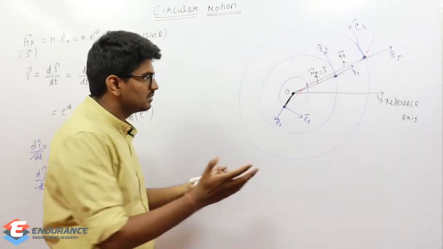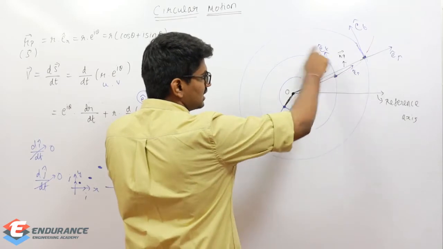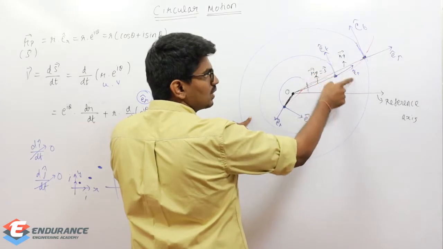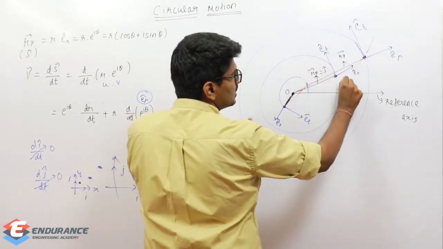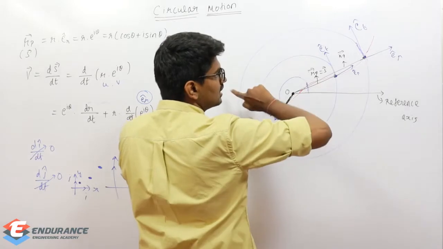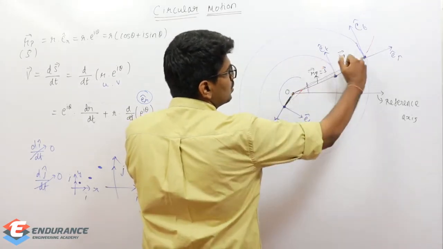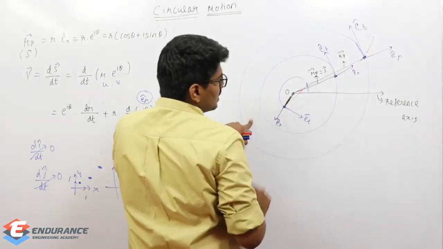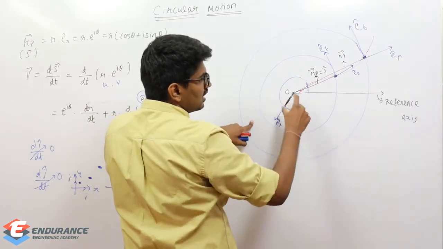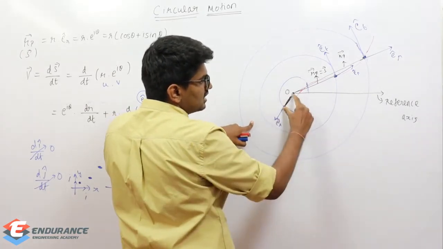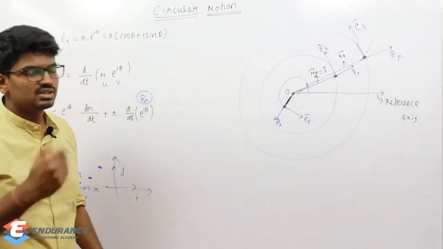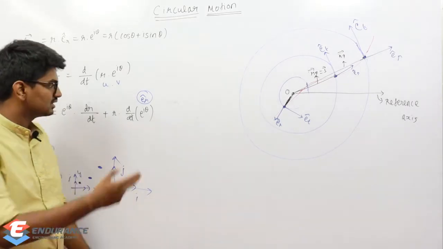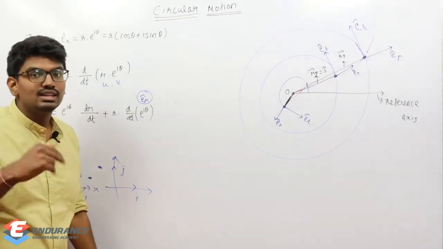So what actually am I doing? Simple. When the particle is reaching here, I am drawing a circle, I am connecting these two points, this radius represents my position vector and these two are my unit vectors. When the particle reaches here, I am drawing a circle and this distance from O is my position vector, with e_r and e_t. When the particle is here, I am drawing a circle and this represents e_r, this represents e_t, this represents my position vector. So as the position of the particle varies, ultimately what we need to know is that e_r and e_t vary.